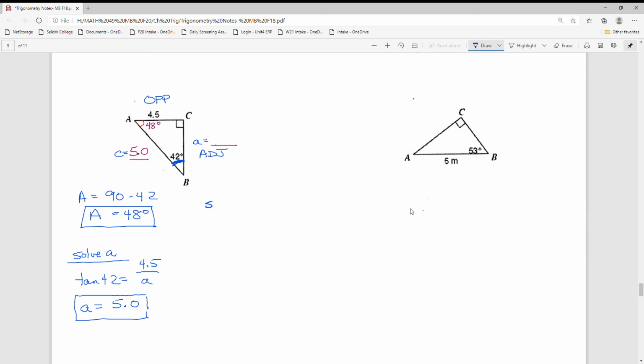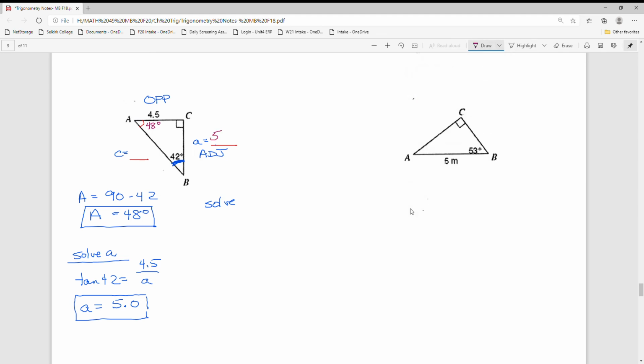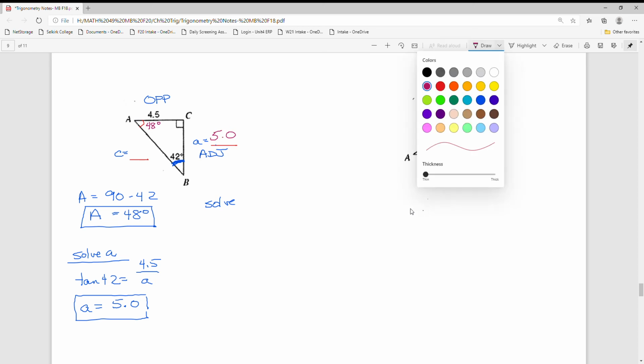And the last one, solving for side, whoops, I just did that backwards. I wrote that in the wrong place. Easy to get lost. Where was I? You're probably ahead of me now. 5.0. So solving for C,